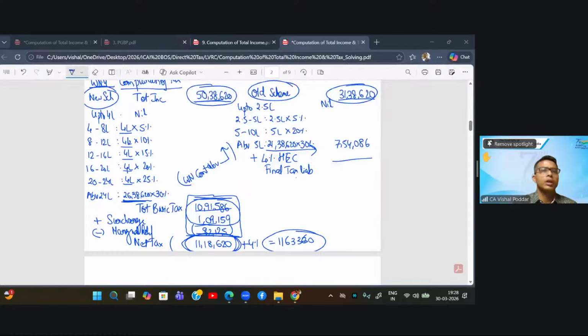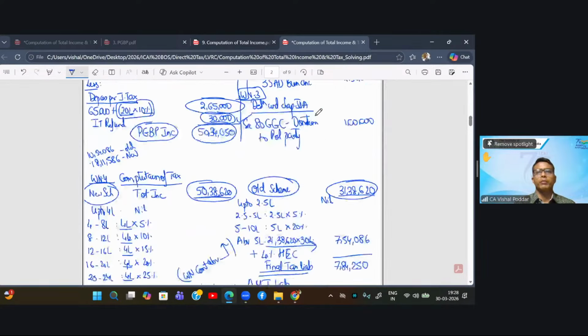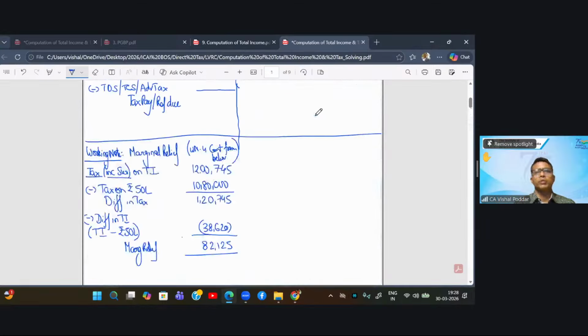Yes, Arun Sagar and Navneet and Nagaraja. 784,250 rounded. But students, this is not done yet. I have to now compare this tax liability with AMT liability. So I have to come back to